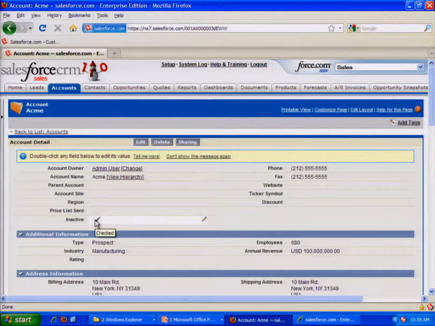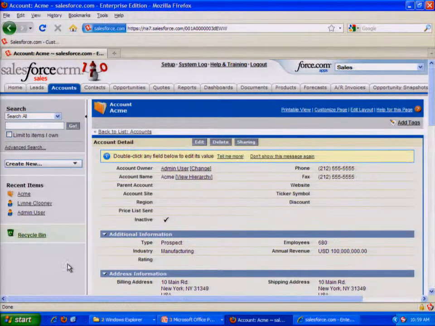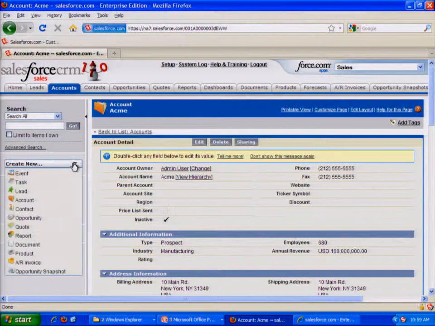Notice that Acme is an inactive account. We still have it in that list, but we don't want people associating opportunities with Acme. And right now, if we go to the sidebar and click Create New Opportunity,